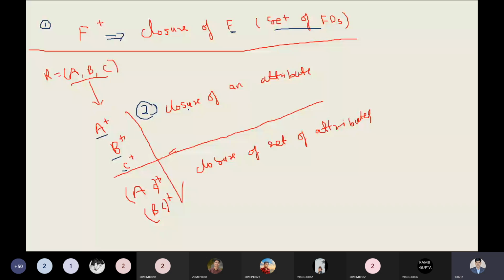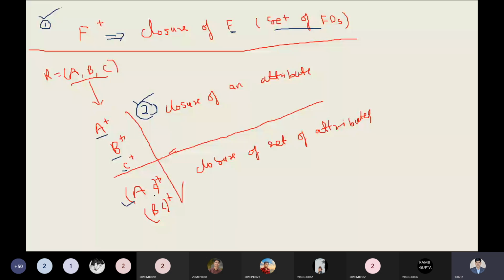Now this term is clear. There is a little bit of difference between the closure of the functional dependencies and the closure of the attributes. Is it clear to all right now? Yes, sir. Okay. So if I'm writing A determinant to AC plus inside the bracket, and BC plus, or I can write AB plus.